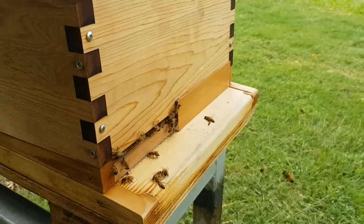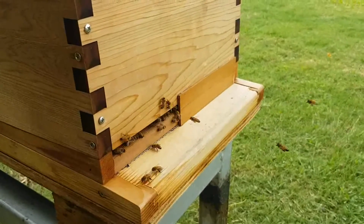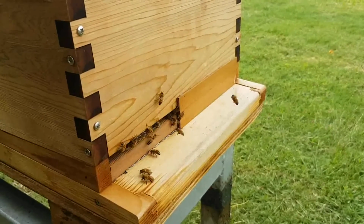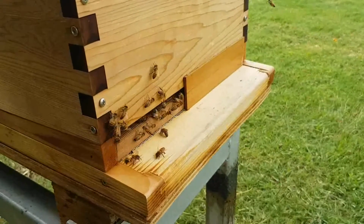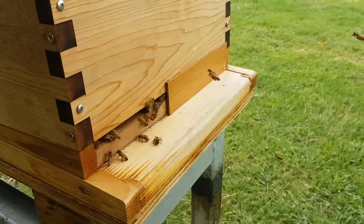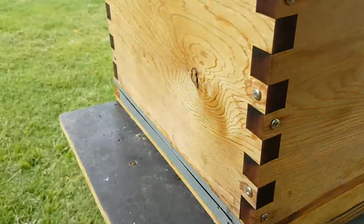Hi, I'm just going to show you I just got a little reduced entrance there. It's coming on winter where I am at the moment, and we're just going to reduce the entrance a little bit and also help the guard bees keep out the small hive beetle and the wax moth. So I've just restricted the entrance there with a little bit of timber, but also around the back here what I wanted to do was